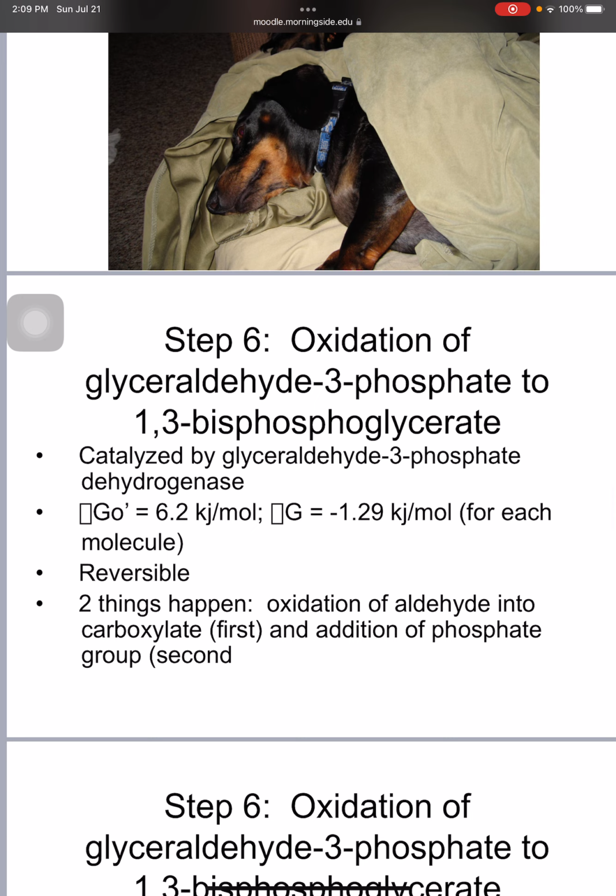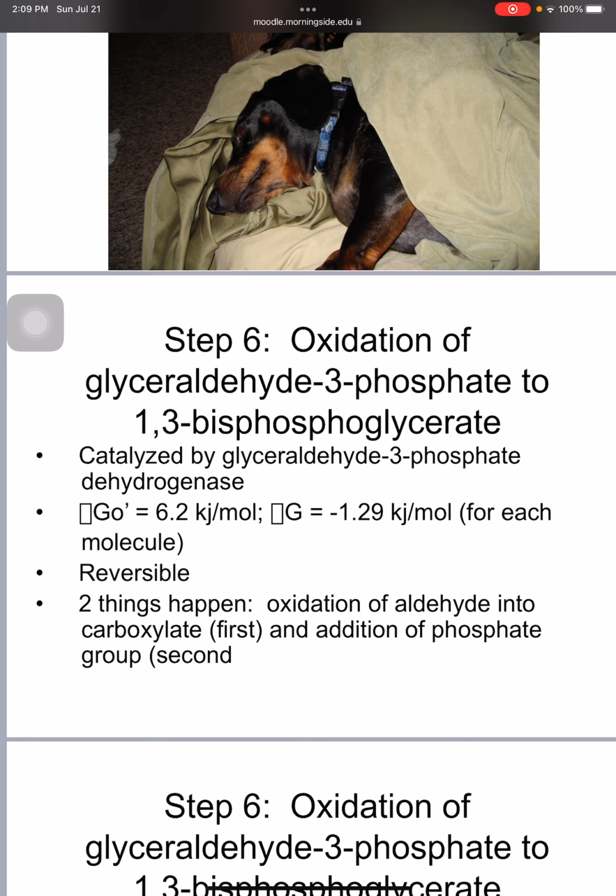All right, everybody, welcome back. We are going to finish up glycolysis, hopefully, in this video. So we've powered through the first half of glycolysis and seen how we get to glyceraldehyde 3-phosphate, specifically two molecules of glyceraldehyde 3-phosphate, and we're going to see how we turn glyceraldehyde 3-phosphate into pyruvate through these next